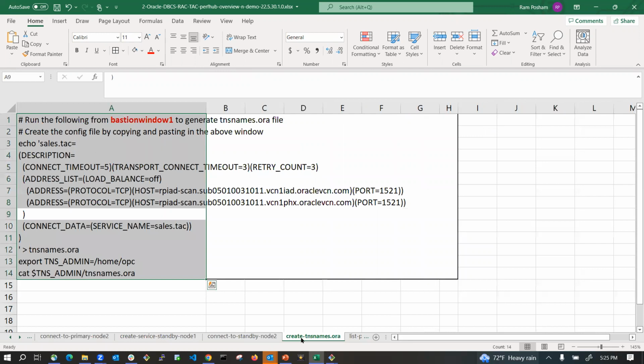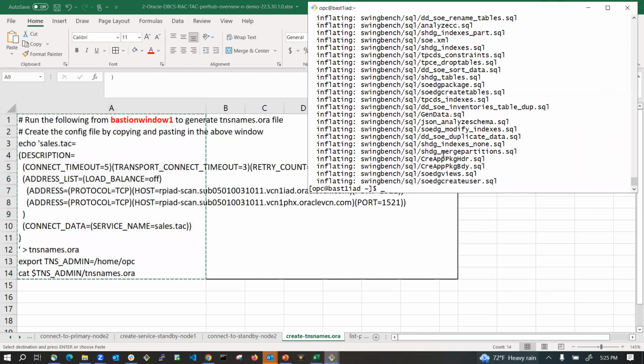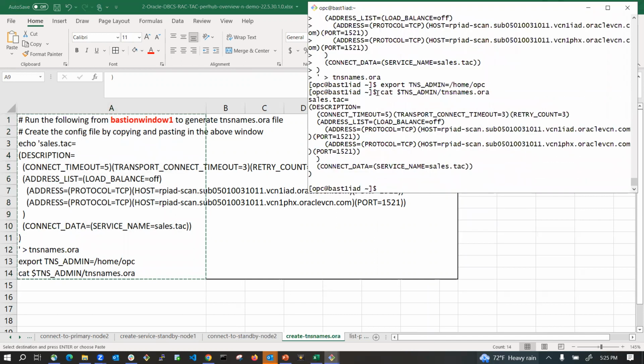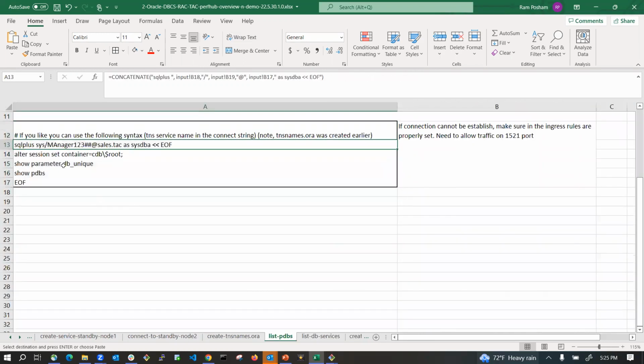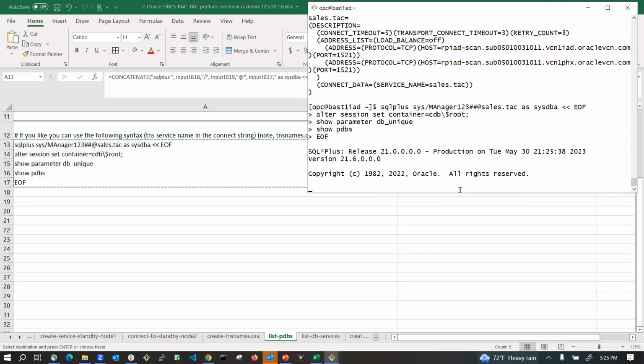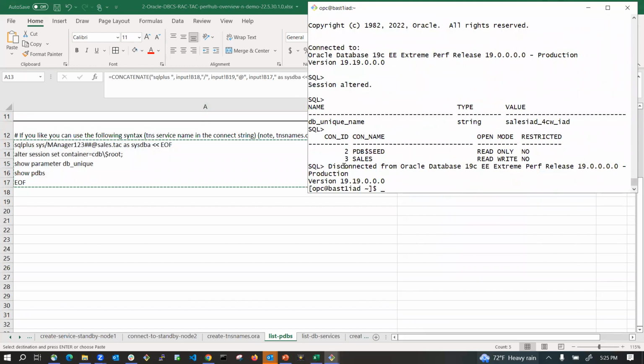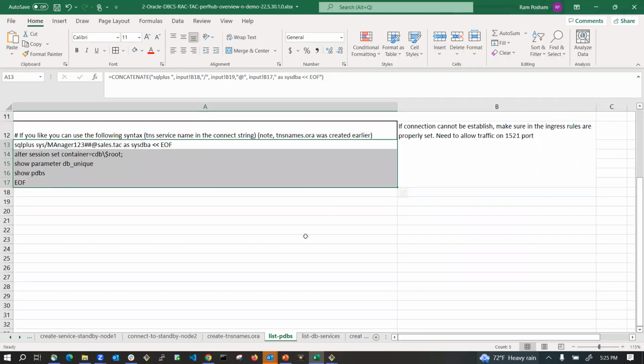Now I'm going to create tnsnames.ora on my Bastion node. So this is also generated, by the way, for you. So just copy this and go to this one and paste it here. So the tnsnames.ora file is generated and the TNS_ADMIN variable is exported. So now if I want to list the databases, I can just copy and paste these commands. It's going to use that tnsnames.ora. So it's connected to the primary database, and it says, yep, this is the PDB. And then